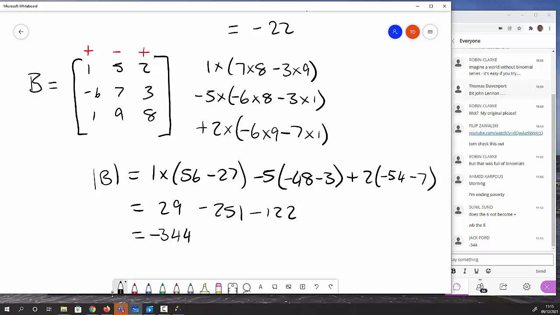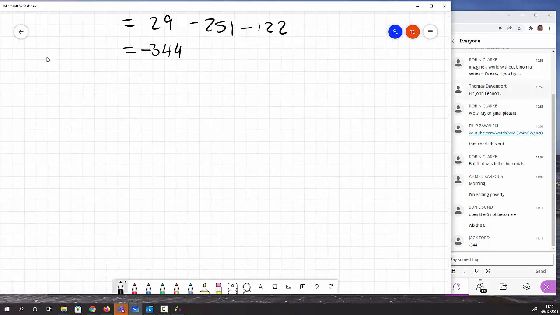Okay, are we all right with that? Because we are going to need to do these. Clearly you don't have to do them in your head. It's just I prefer to do it that way, so you can see what's really going on. But everybody sees this plus minus plus business, because it's true for a 2 by 2, it's true for a 3 by 3, it's true for an n by n matrix. Okay. Right, so now what I'd like to do then, unless there are any questions on that, is I would